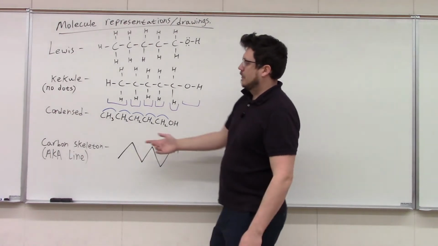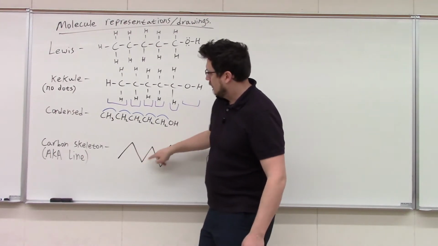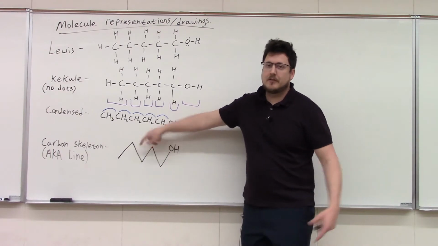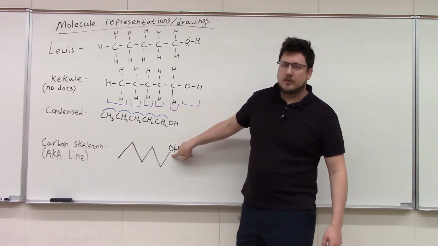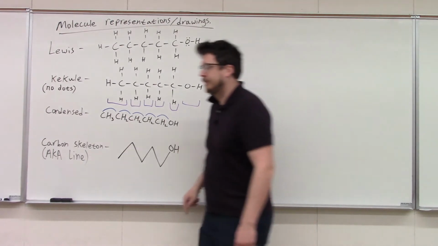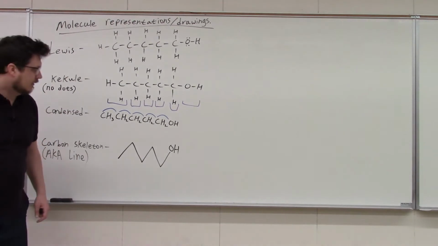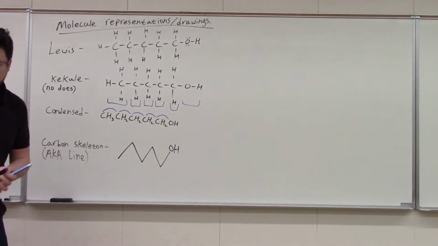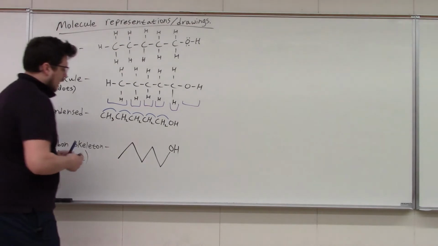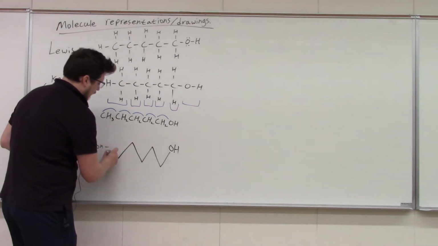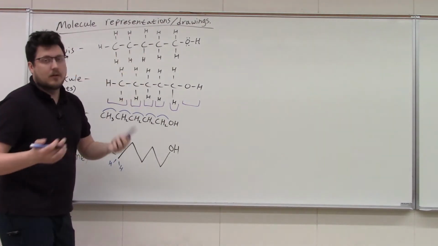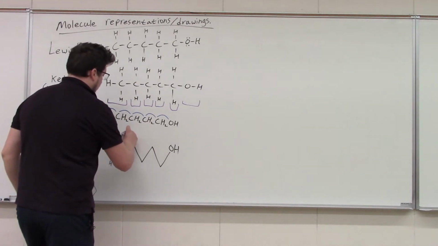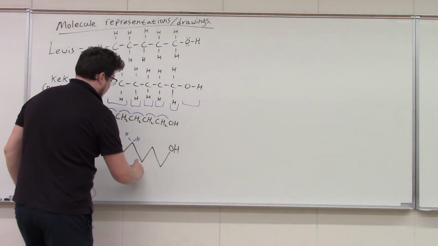So, here's what a carbon skeleton does. It only shows carbon-carbon bonds. We don't even write the carbons. If there's just a change in direction, we say, oh, there's a carbon there. And if there's a carbon bonded to something else, we write the element at the end of the bond. So we're hiding a lot here. I'm going to bust out some different colored inks. We have 3 hydrogens we're not showing. We don't write hydrogens with their bonds because if we avoid that, we get out of a lot of the work. All right, there's 2 more here, there's 2 here,